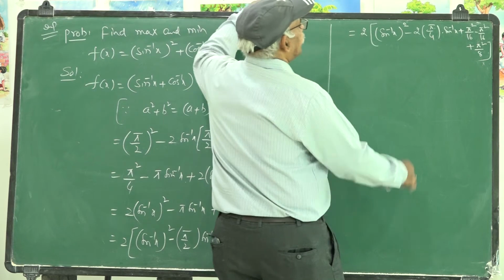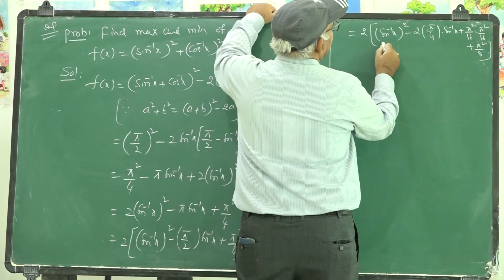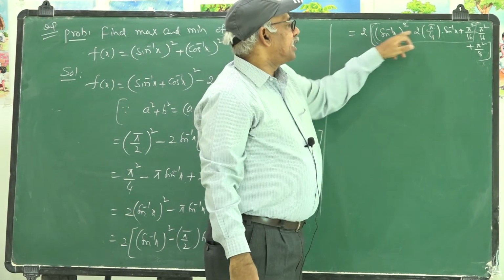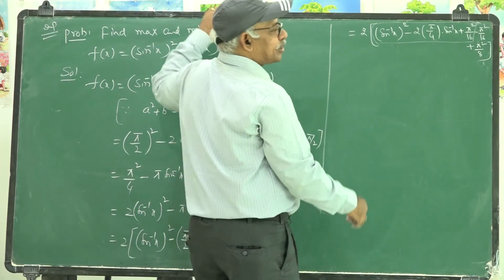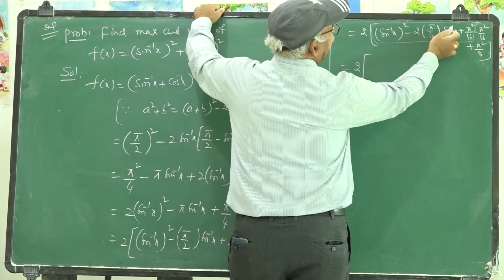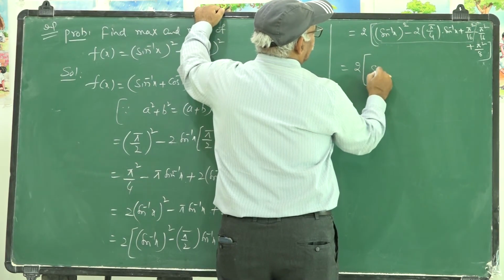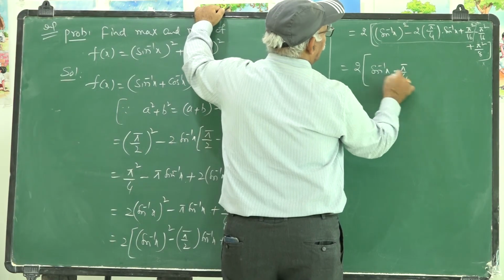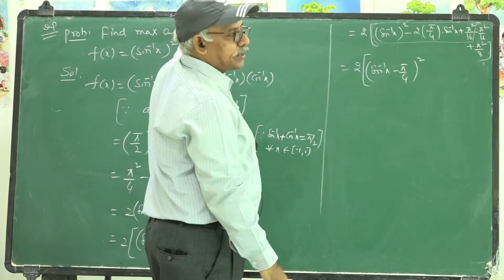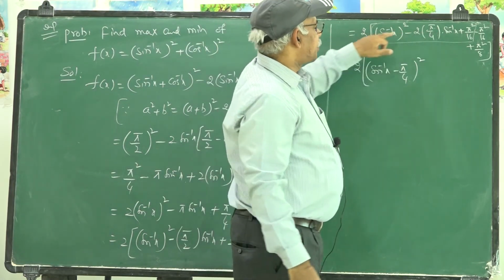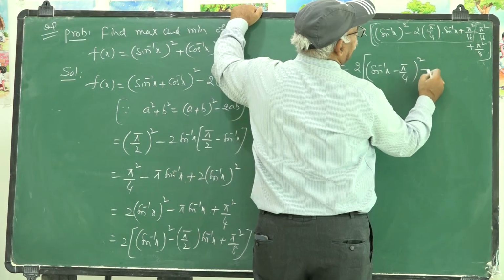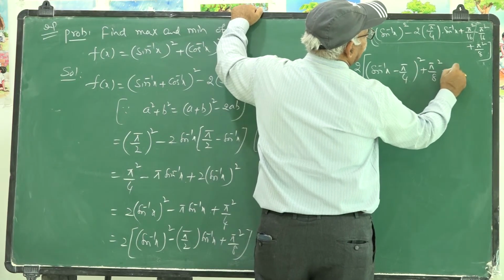The advantage of modifying the expression in such a way is, once you observe this part, you can put these 3 terms as a perfect square in terms of sin inverse. So 2 into this is of the form a square minus 2ab plus b square. So (sin inverse x minus pi by 4) whole square. You can write these 3 terms as (sin inverse x minus pi by 4) whole square. You can express the sin inverse x terms as a perfect square. Now on simplification of the other two, we get pi square by 8 minus pi square by 16.